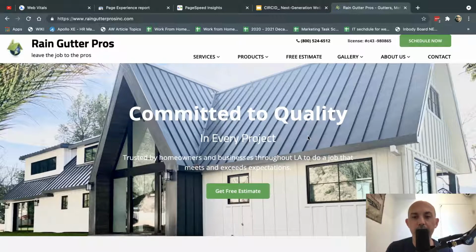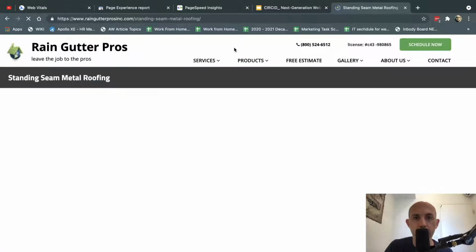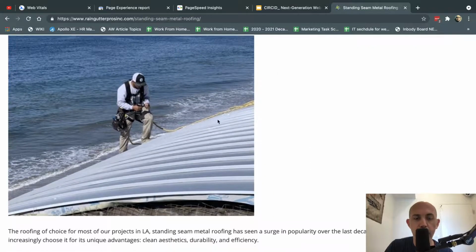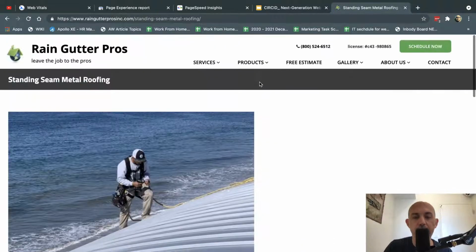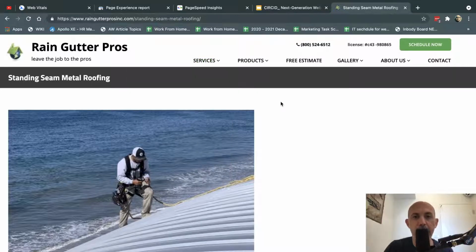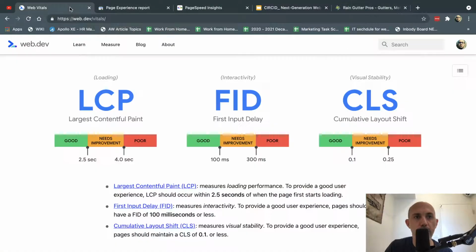So anytime you have instability, for example, let me go to another page. You click here and then suddenly this image loads and it pushes everything down. Anytime something shifts because things are not set completely, that's not good for Google. Typically it's pop-ups or coding when you don't specify things like image sizes. Those things happen. So this is another score itself.